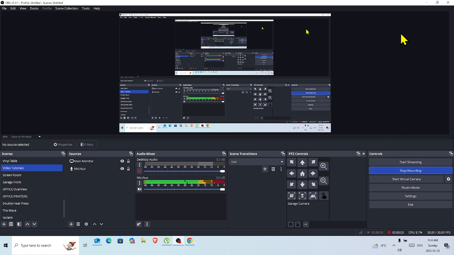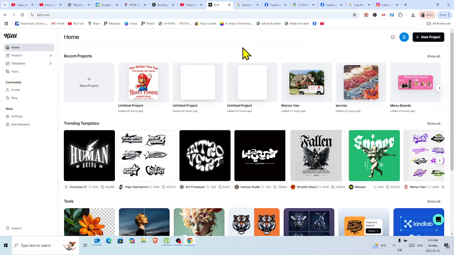Okay, this morning we're going to talk about logos and putting logos on your new site. And we're going to use Kittl. So if you don't have an account with Kittl, I believe you can still use a free version of it, but I'm not sure. I think you can only download at 72 DPI or something. But anyways,